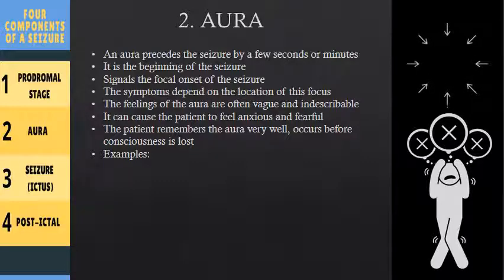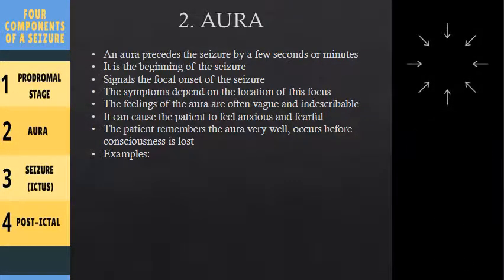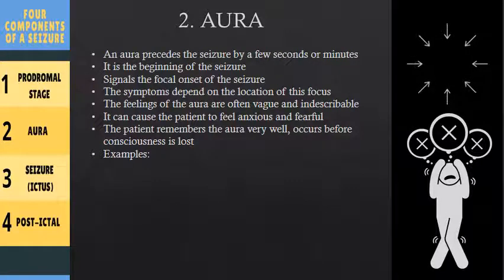The feelings of aura are often vague and indescribable. It can cause the patient to feel very anxious and fearful. At this point of the seizure, the patient has not lost consciousness yet. So typically, they can remember that they had aura, although they may not be able to describe it clearly. Some of the examples of symptoms patients experience during aura include